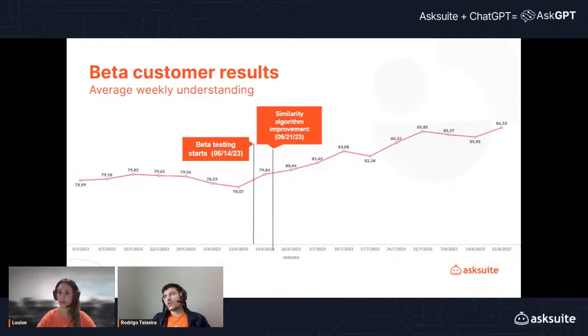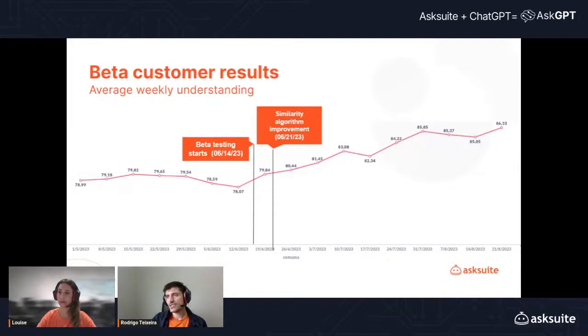Before launching AskGPT today, we conducted beta testing with some customers. On June 21st, when we implemented an important AskGPT algorithm improvement, we saw a big increase in the robot's understanding level for open-ended questions.